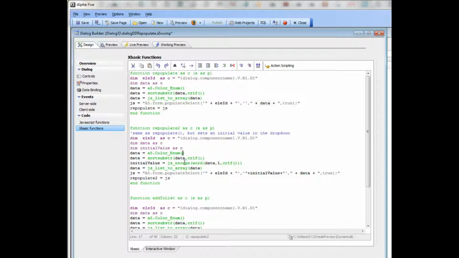and repopulate2 is that after we sort the data, we get the value from the first row of the data, which is going to be our initial value, and then we need to do a JS escape in case that initial value contains any special characters like a single quote or something like that. So JS escape makes the value safe for JavaScript. And then the only difference between